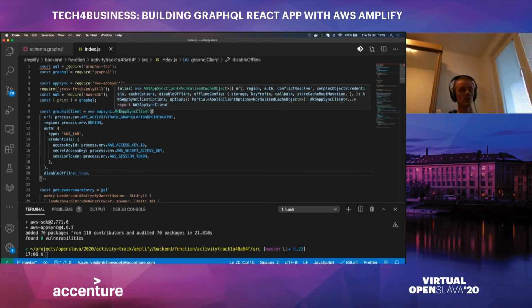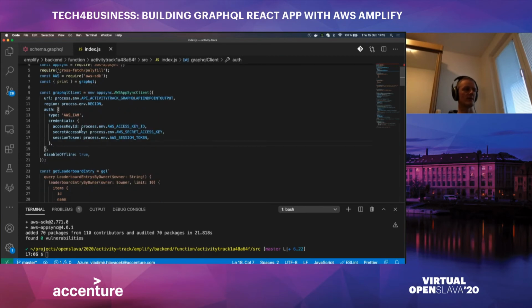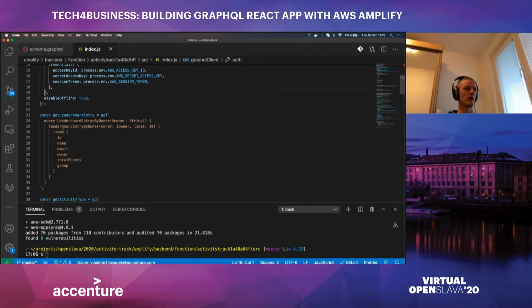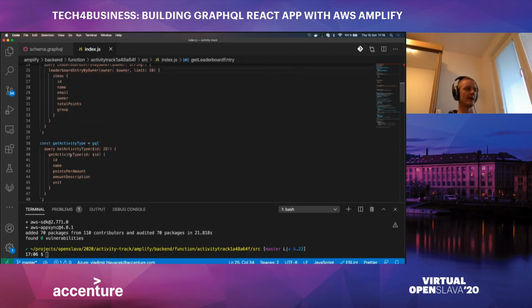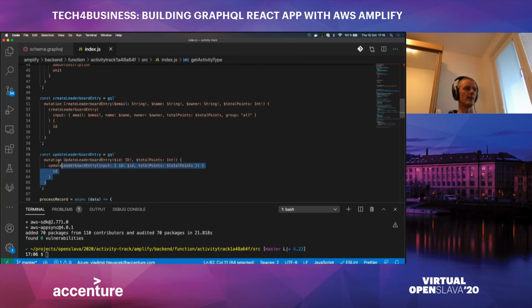It listens on events from DynamoDB, but for updates, it cannot do the updates directly to DynamoDB. It has to call the GraphQL API, similar to all the other functions. And this is actually, I would say, a more robust approach than updating DynamoDB directly. But what we can do there is define some GraphQL queries. For example, okay, I want leaderboard entries by owner. I might have an activity type I might fetch, and I can create a leaderboard entry or update a leaderboard